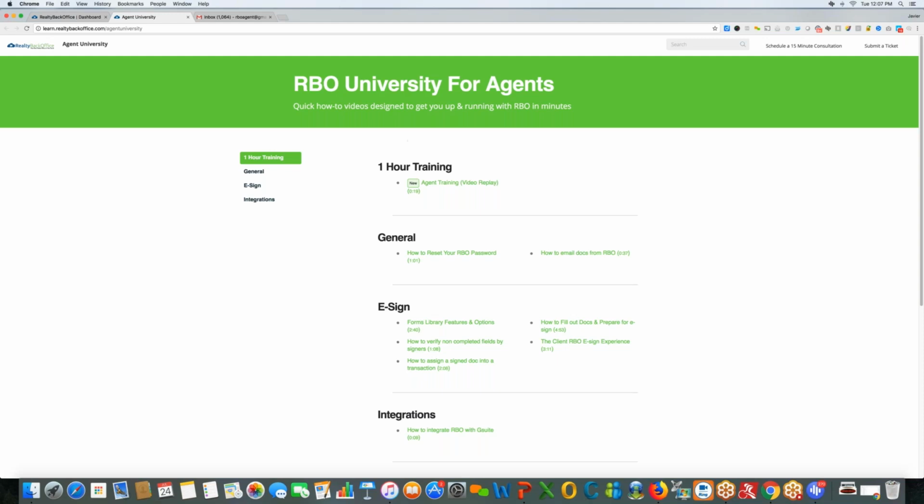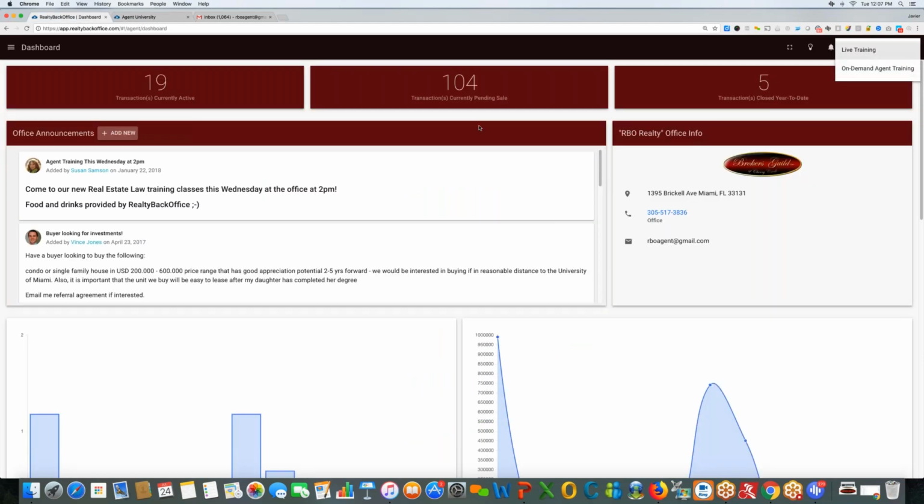And then, of course, guys, if you come in here and your question's not answered, upper right-hand side of the page, you can always submit a ticket. And you can also schedule a 15-minute consultation with an RBO expert in the upper right-hand side of the page over here, okay? So going back to Realty Back Office over here,